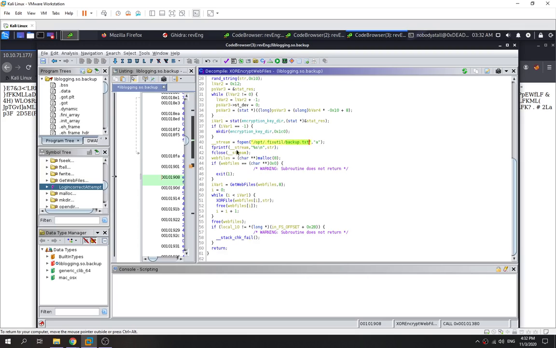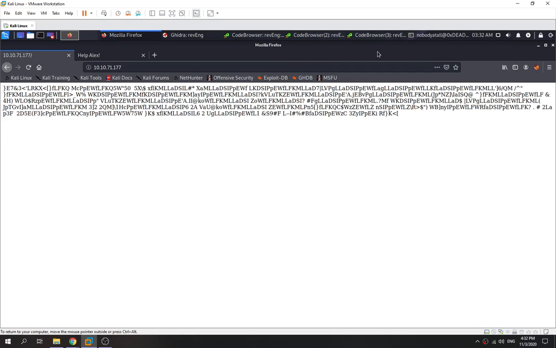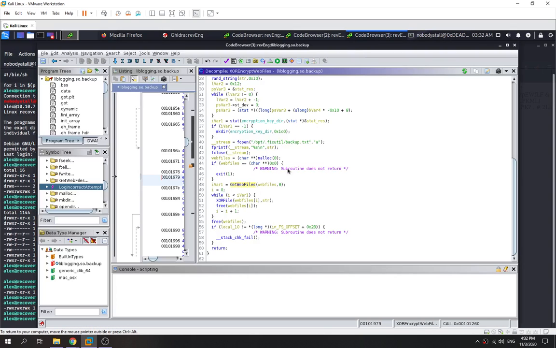So over here it will write all the encryption keys into this backup.txt file, and then it will get the web files, which is all these files. I don't know how many files are over there, but we ignore it first. You get all the web files, and then it performs an XOR over here. It will encrypt everything with the key stored in the backup.txt, and that's all it does. After finishing executing this one,